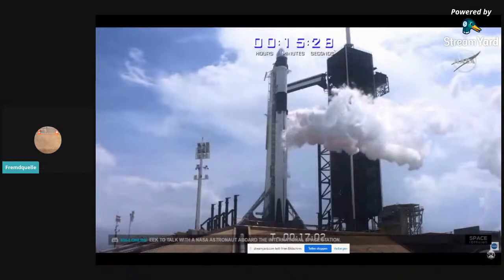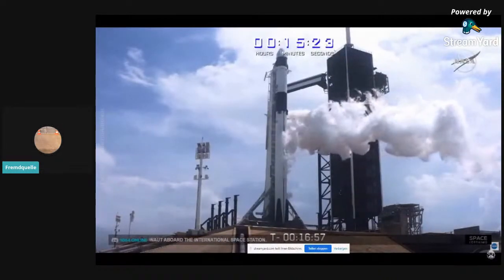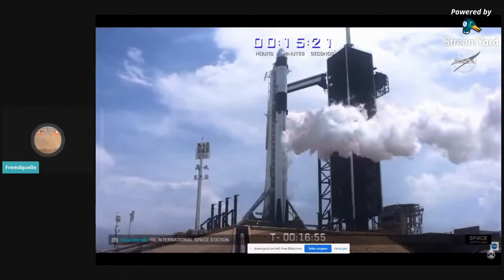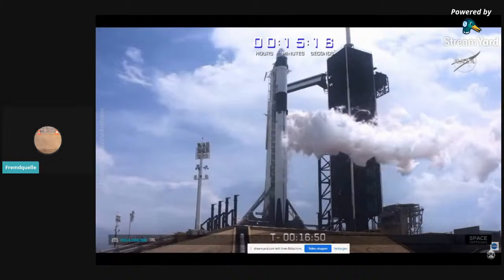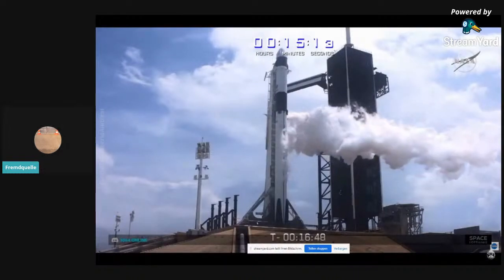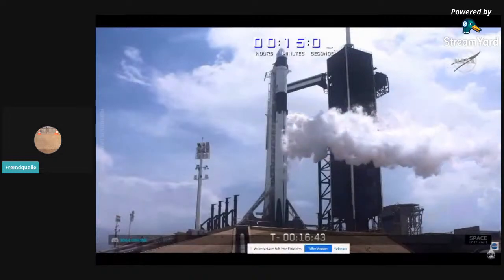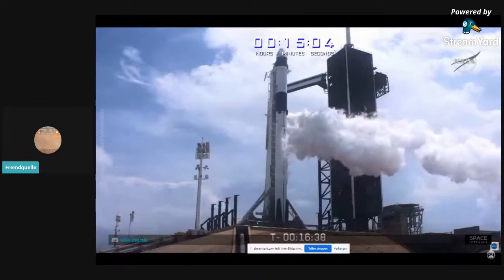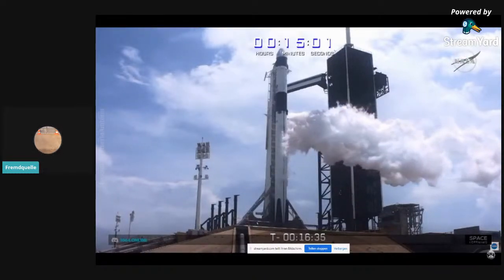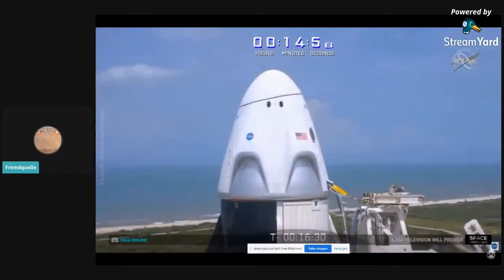Following that second stage completing its job, it'll continue to coast for about 3 minutes. It'll do a slight attitude adjustment and null out any rate, to make sure it's not in any kind of a spin before they do separation. So that's when the Dragon spacecraft will physically separate from the Falcon 9 vehicle, and Bob and Doug will be flying free. It's about a 19-hour ride if we launch today on time. So that means Bob and Doug will get on orbit. They'll have a number of burns, or firings of those Draco thrusters, that they'll do over